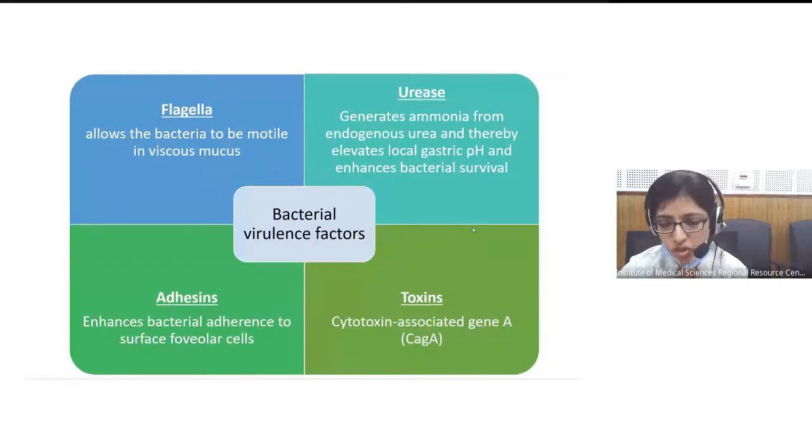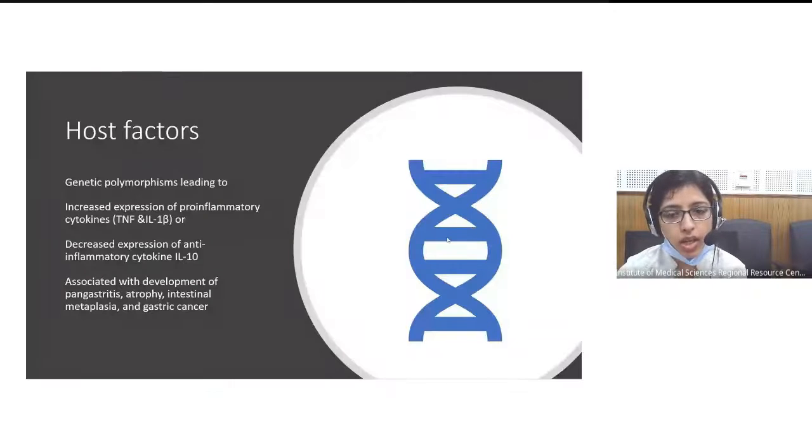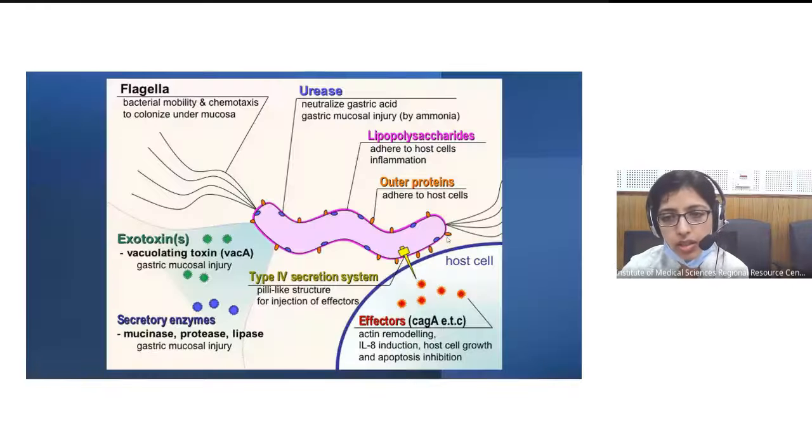This is again repetition of what I just told. Now, so basically the outcome of the Helicobacter pylori infection varies. Only a lesser proportion of patients, out of all the patients who are infected with Helicobacter pylori, will develop the complication of peptic ulcer disease. So, what determines this persistence of infection or this progression to peptic ulcer disease?